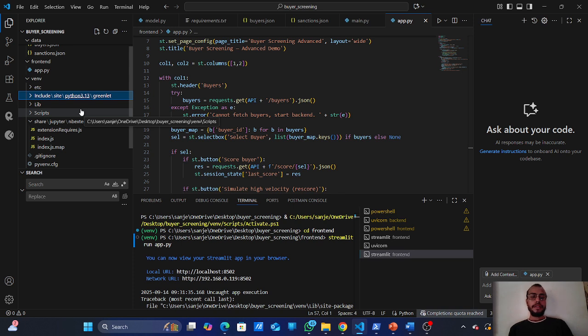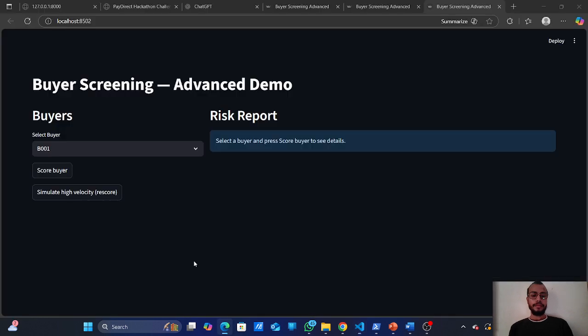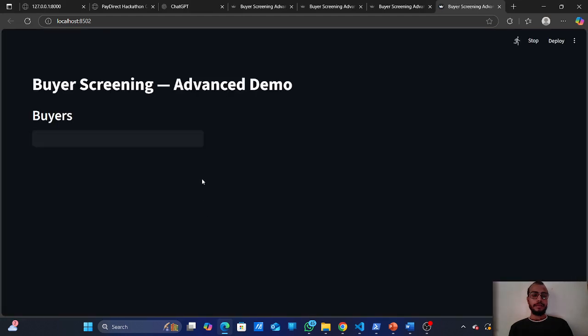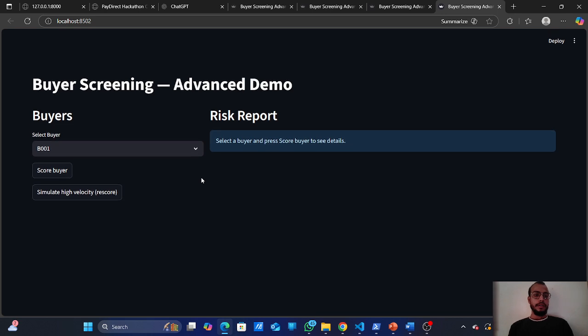Once the logic is clear, now let's see how the prototype works. We have buyers, for example, buyer B00123. If we select buyer 1, it shows the scores of the buyer.